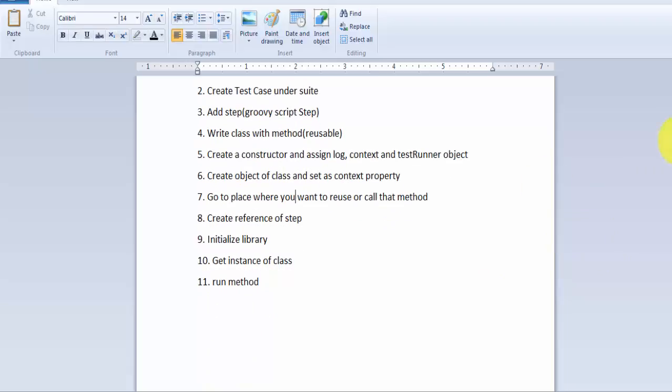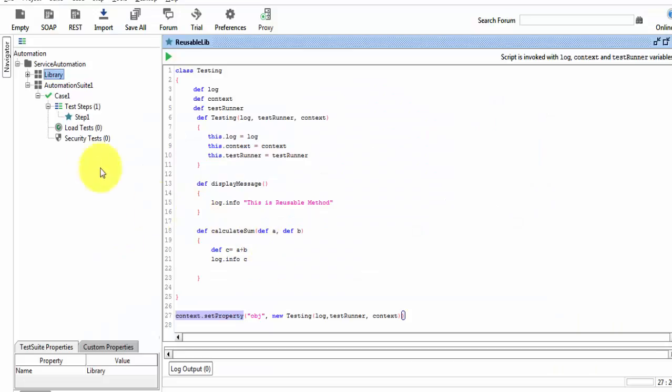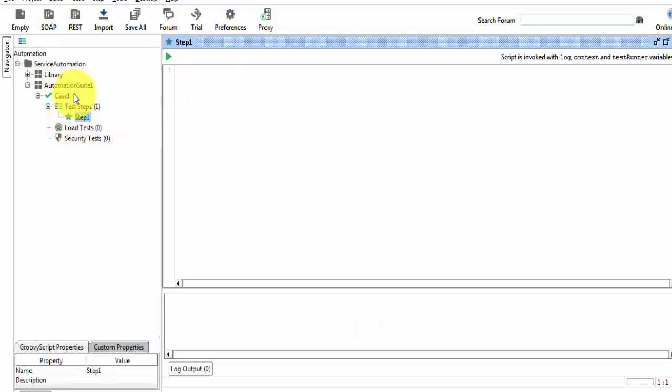Now we need to create a reference of the step. Reference of the step means first we need to generate the reference of that suite, and then we need to generate the reference of the reusable step. So to generate the reference, I'm writing like suite